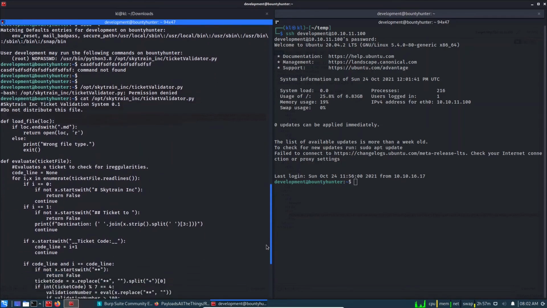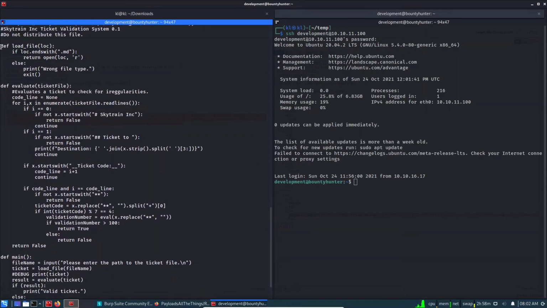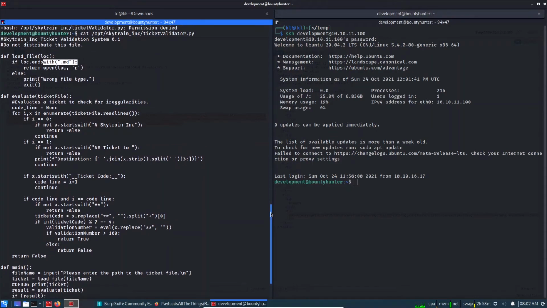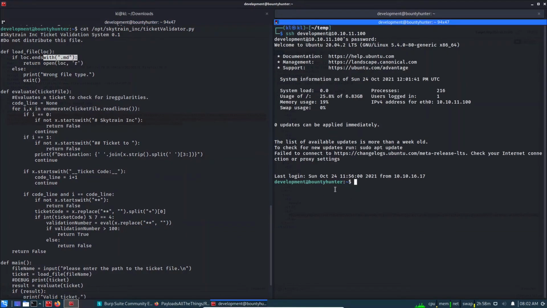So basically what is going on here is defining one function which is load file. So location is one parameter. So if location ends with .md, then return this, else exit wrong file type. So we know we need one file which is .md. And by the way, this script is for validating the ticket. So as the name implies, ticket validator, and we can in fact check the